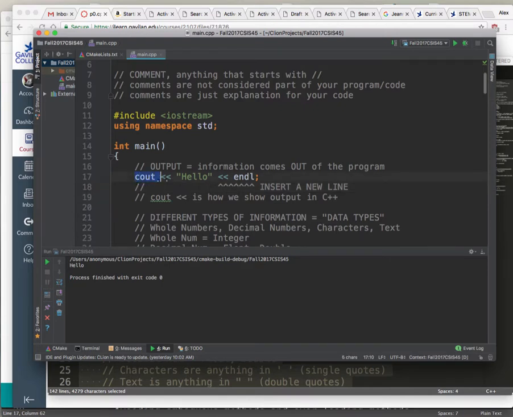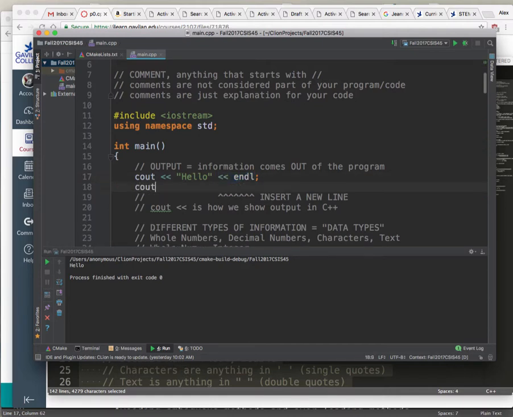Output. What is output? Information comes out of the program. In C++, you do output using cout. Cout, less than, less than, and then some text. If you want to show text, what's in quotes is the text that's going to show. If you have << endl at the end of your cout, that is going to insert a new line automatically. So for example, if I have cout world here, okay, hello, and then world,